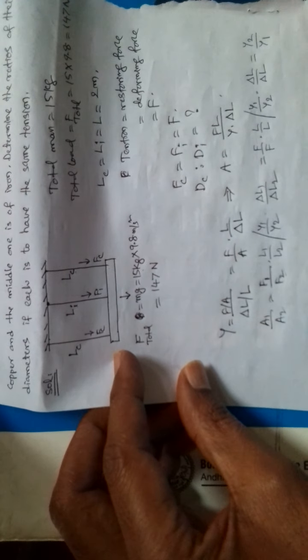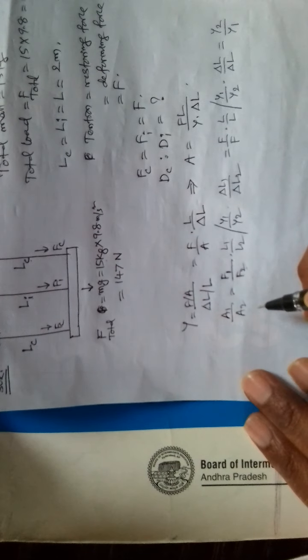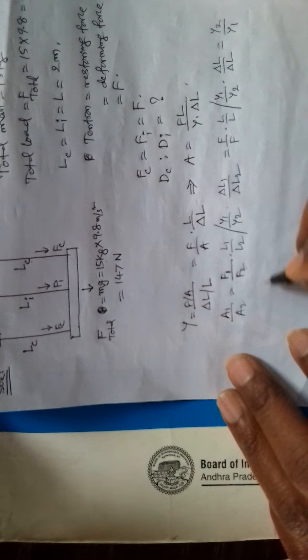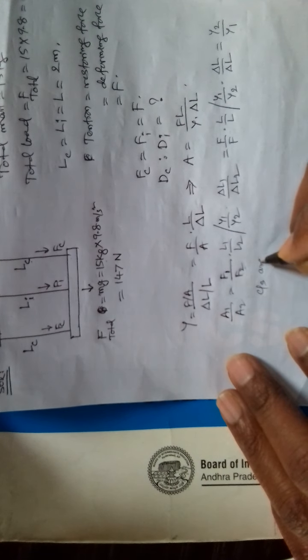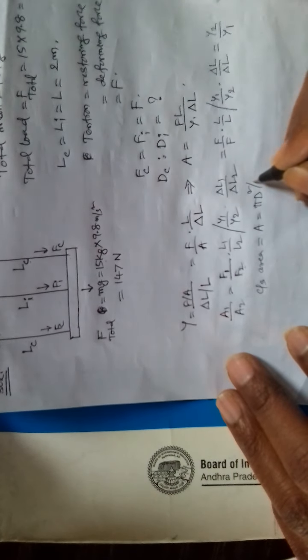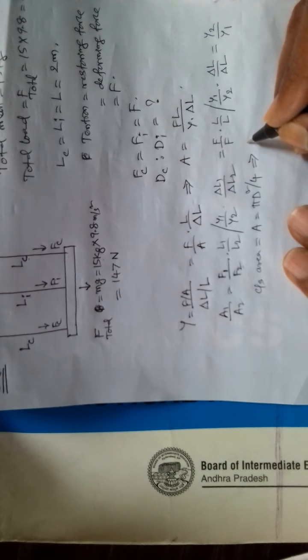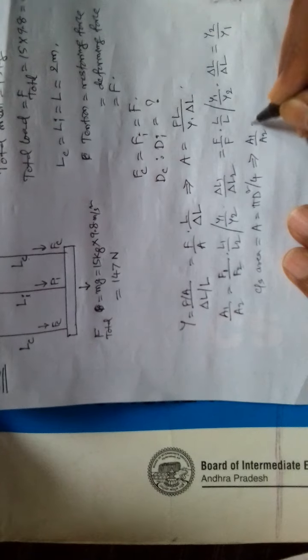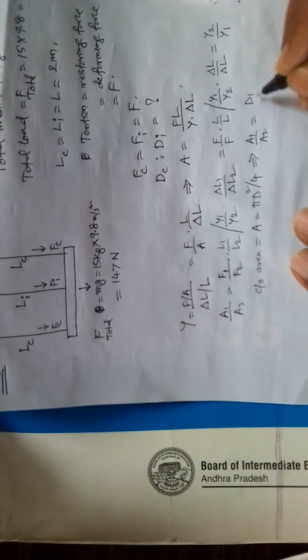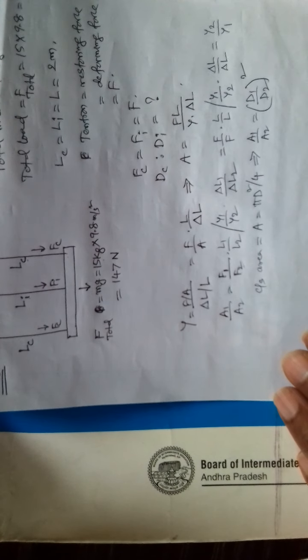Y2 by Y1. So here, cross sectional area. See, we know that cross sectional area is 5d square by 4. From this we get A1 by A2 is equal to D1 by D2 whole square, and the 5 by 4 gets cancelled. Therefore,